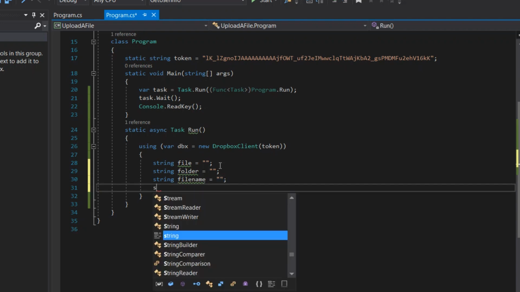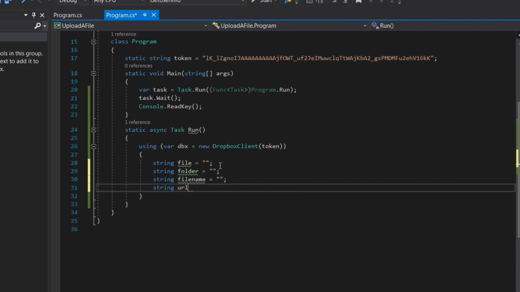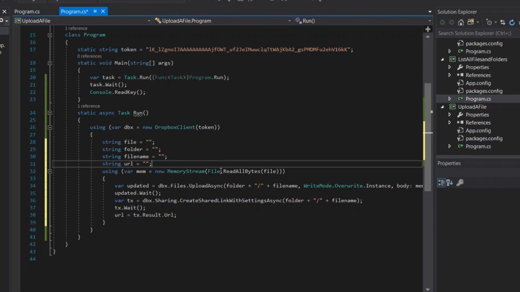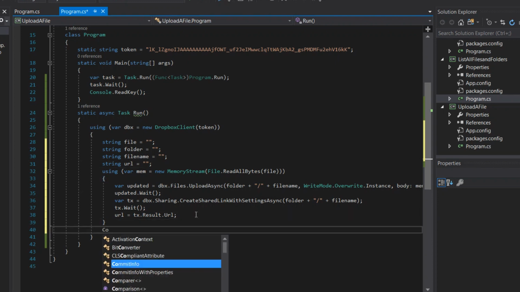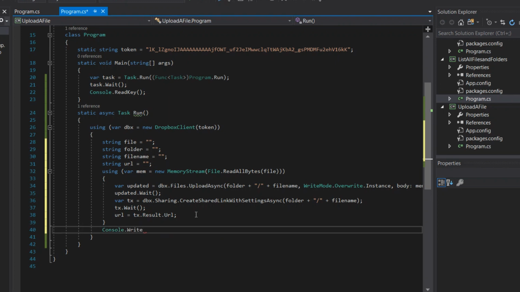And for experimentation we will create a dummy variable called URL. And then by using a memory stream, we will read the bytes from the file and upload it to your Dropbox account, and then get a shareable URL of your file. So we will then print our URL,